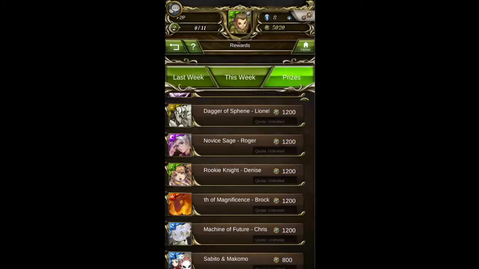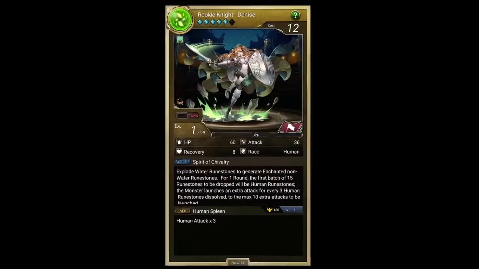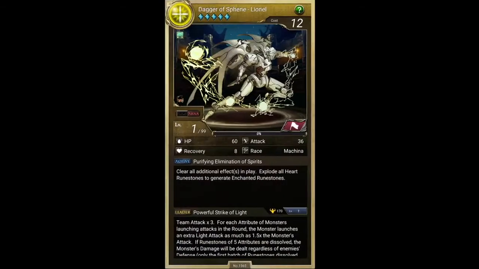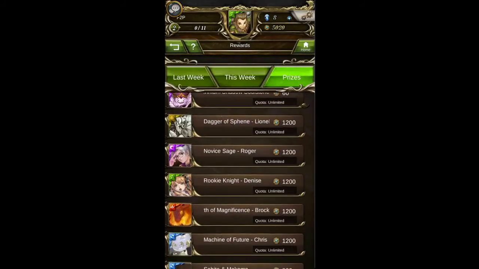Both of these cards are good. Roger gives you an HP boost when the whole team is Light Human, so maybe you want to go for that. Denise is a good utility card in all of her forms, but obviously if you want the Light Human form for Zenitsu, then that's the form you want to go for. Lionel is a Machina. He is light right now, and maybe a card you want to get, but with a limited amount of starting points. Probably get either one of these, and then